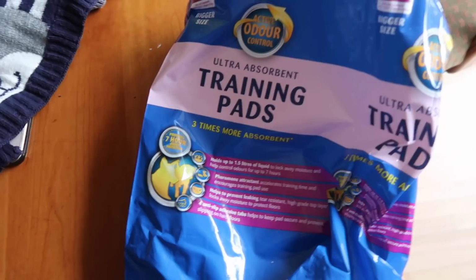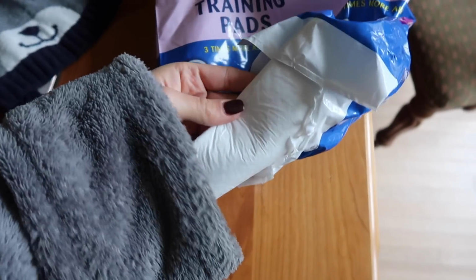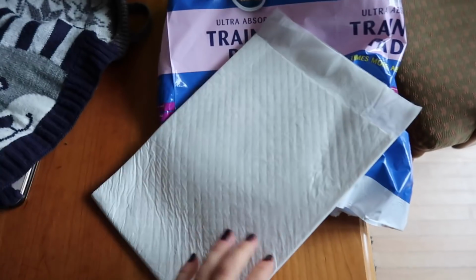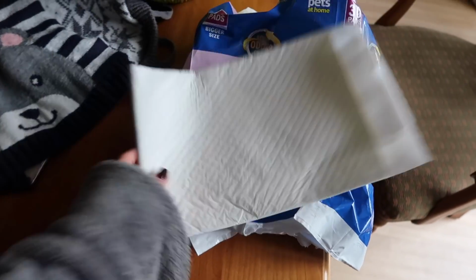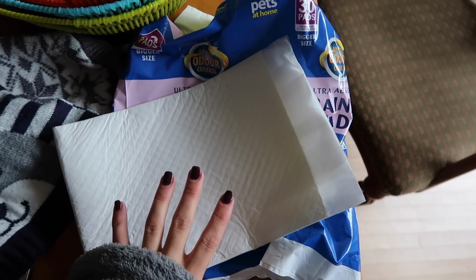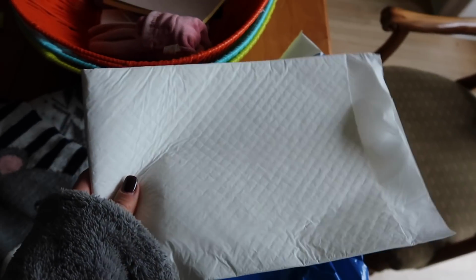potty training pads. These are the kind of puppy training pads. I wouldn't really recommend them. These are the ones that don't have the sticky pads underneath. But yeah, you just open them up. These ones are quite nice and big, but they don't stick down. So yeah, you just pop those wherever you need them. I do sometimes, if I feel the need, take one with me when I go somewhere new, just in